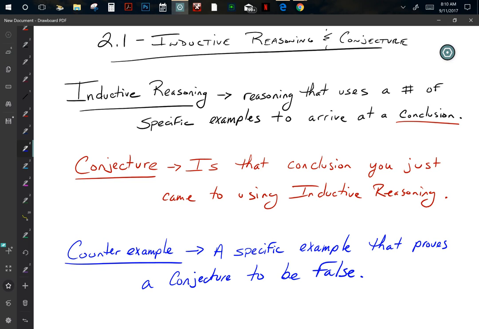Take a conjecture that all dogs have brown eyes. A lot of examples for that. My dog, for instance, I have a French bulldog. He's got brown eyes. Can anybody think of a counterexample? Yes, Siberian Husky. Siberian Huskies have blue eyes, don't they? You can't just say a dog with blue eyes. That's not a counterexample. A counterexample is a specific example of that not happening, a Siberian Husky.